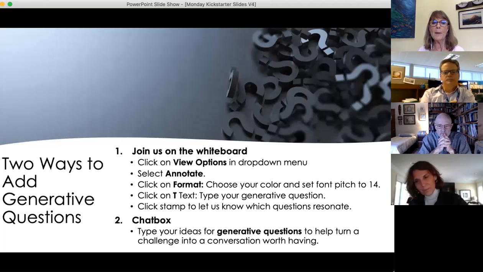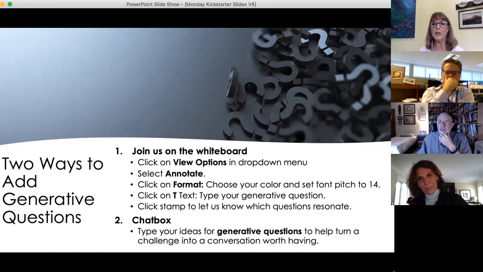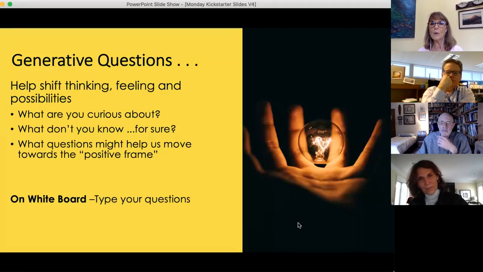toolbar that pops up. And if you will click on format, which is a colored box, you can choose whatever color font you want, and also set your font to 14 or no bigger than 16. And then if you click on text, the T, you can type in your generative question. If you can't access chat, just type your question into the chat box and we'll grab it and bring it